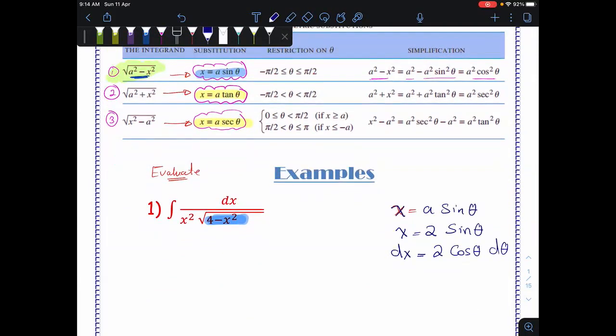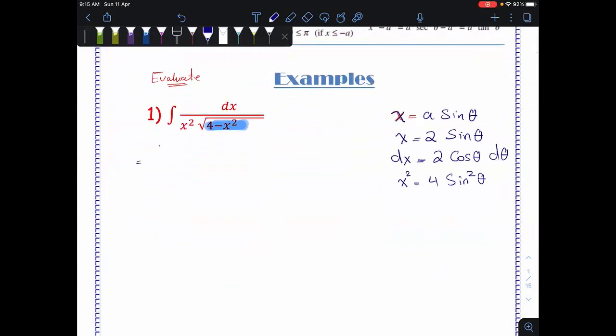Find also x squared, in fact 4 sine squared theta. Now we will substitute in the integral. In the numerator, dx is 2 cosine theta d theta, and in the denominator x squared is 4 sine squared theta, and inside the square root